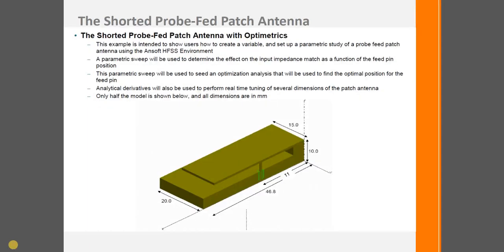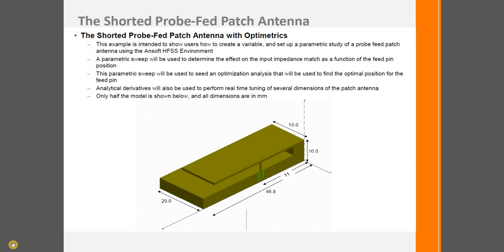So now let's move on to see the shorted probe feed patch antenna with Optimetrics analysis. In this example, we're going to see how to create a variable for a parametric study of a probe feed patch antenna by using HFSS. This parametric sweep will be defined